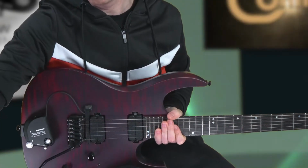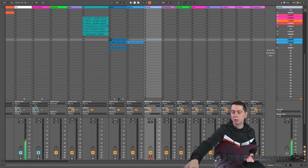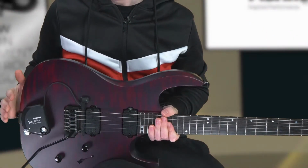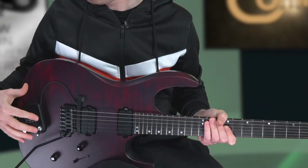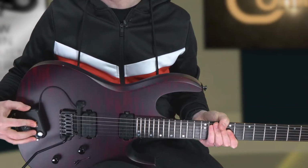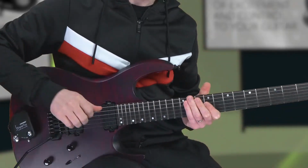And as always, I can show you what's going on in the computer as well. And as far as the computer is concerned, when I turn this on, it's just going to be picking it up as an external MIDI keyboard. So super easy. So we switch on the top, turn them on, and right away we should have